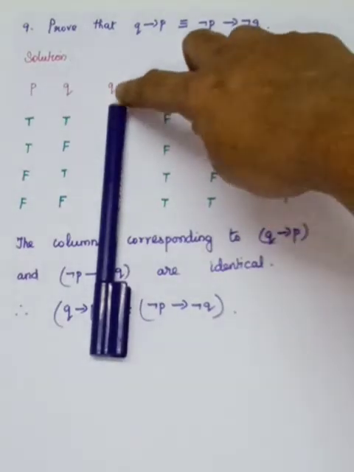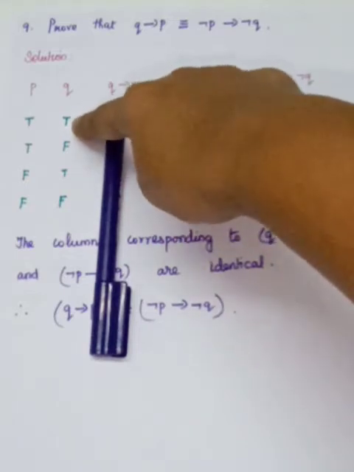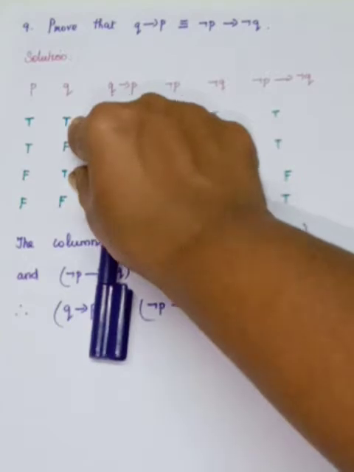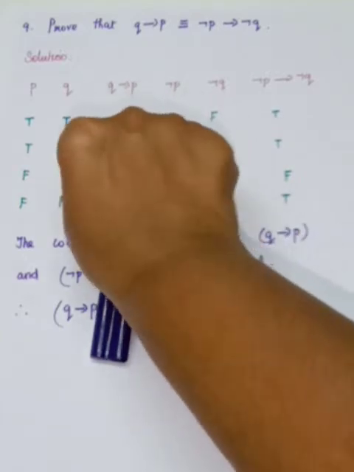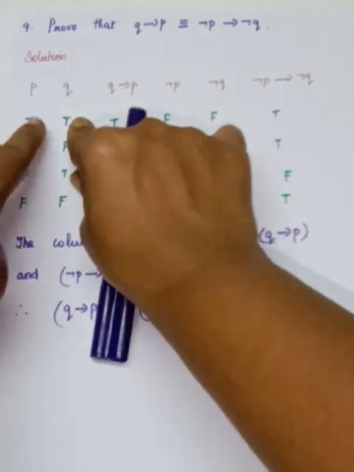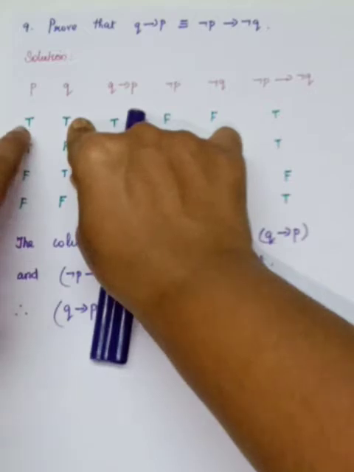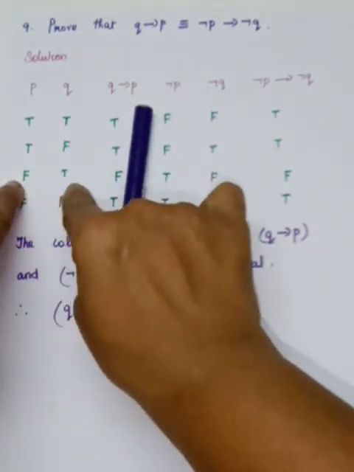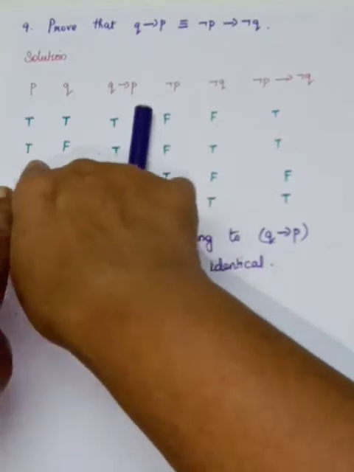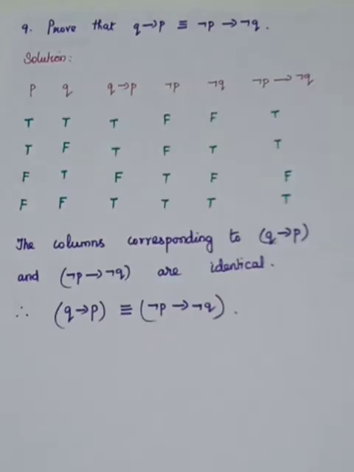So what is the first statement? Q. So in the Q column you have to see the true. Here in the first row you have true, and the third row also you have true. And the second statement is P. So you look at this. Here you will have true, that is T. And in the third row you see that Q is T and P is false. When that comes, you have to write F. The other results are true.